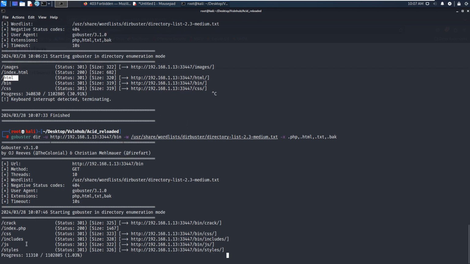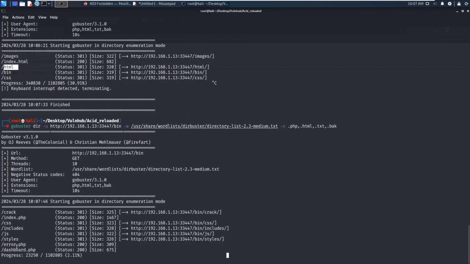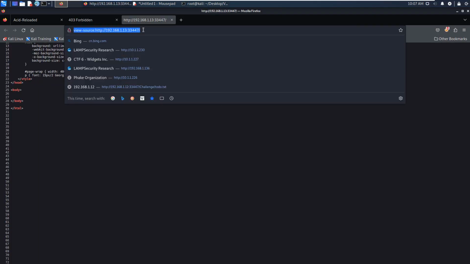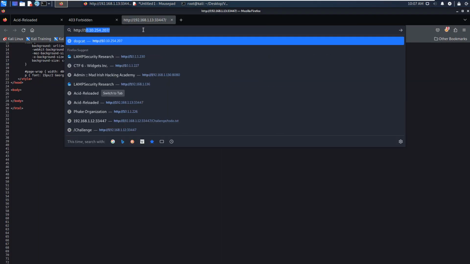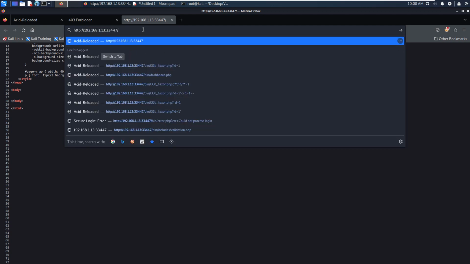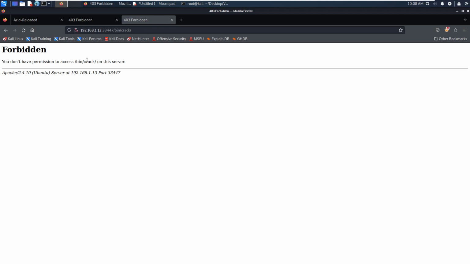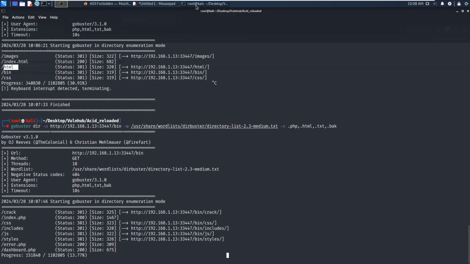That includes styles, crack, dashboard, crack. Maybe we need to access this directory. Bin, crack. However, forbidden. Maybe we need to do further enumeration with the crack subdirectory. The error, maybe we can access this